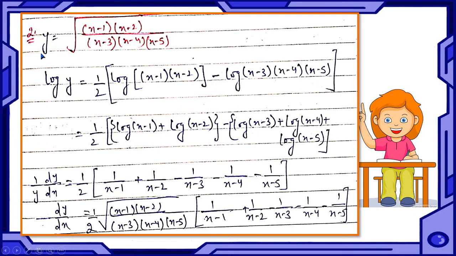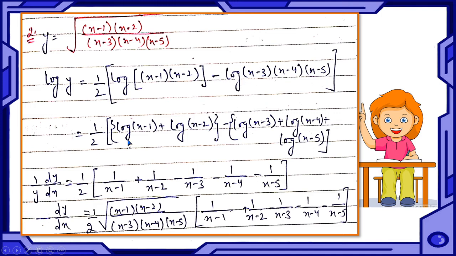Then question number 2, here y is given, again taking log to both sides, log y, and this term can be written as whole power 1 by 2, and when we will take log, this 1 by 2 will come here. 1 by 2 log x upon y means log x minus log y. Three things we have done in just one step. Then 1 by 2, and here log xy is log x plus log y, minus log xyz means log x plus log y plus log z.